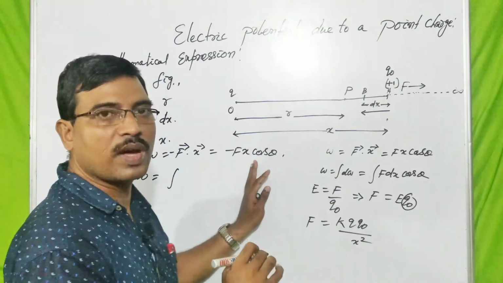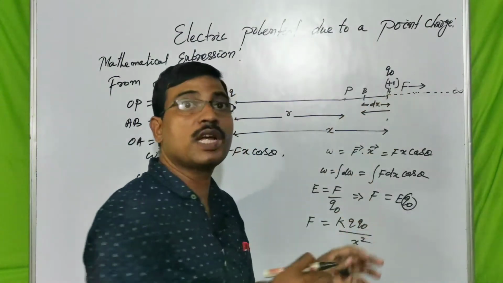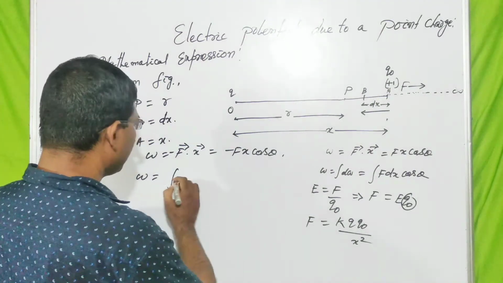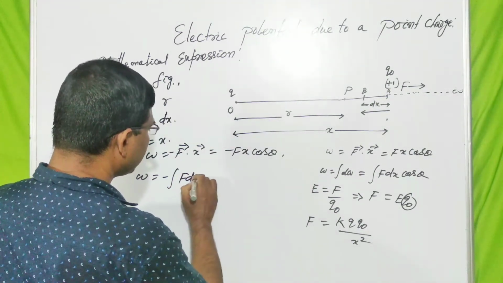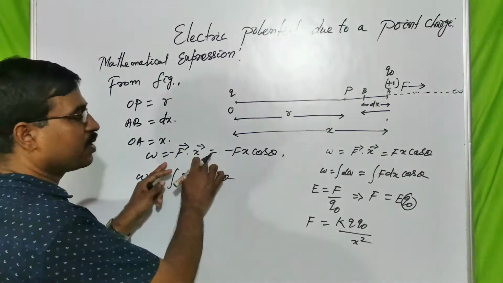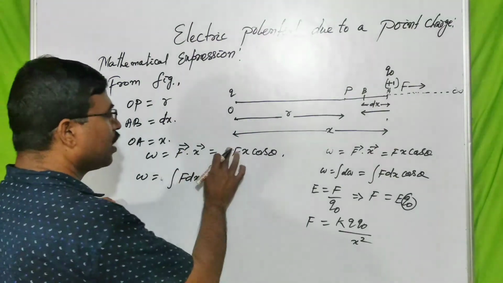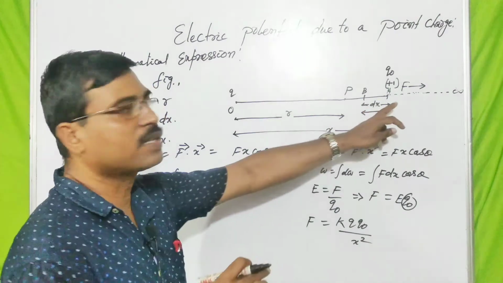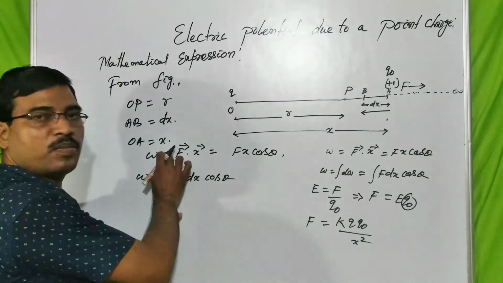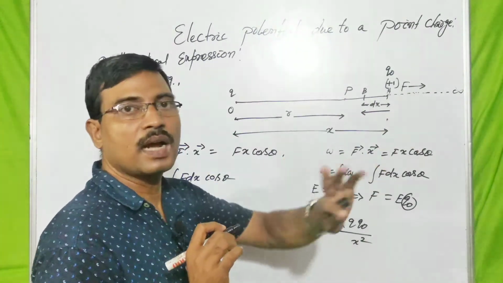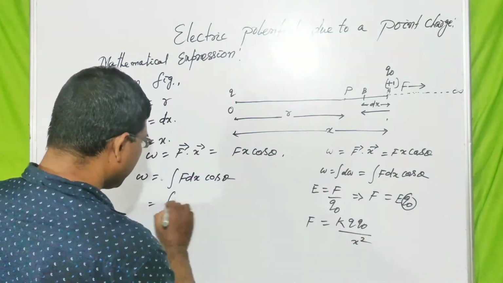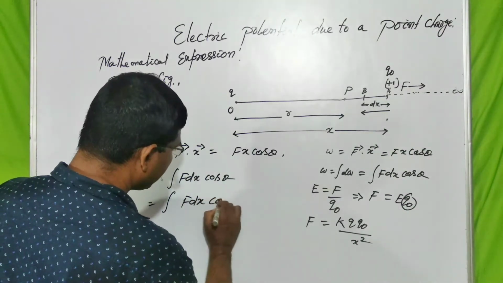Integration of, suppose this one is only between 2 points. So total work done, how can you calculate at point P? So integration of this one. So W is equal to minus F dx cos theta. Sorry, you have already written. Fx means here this one. Here theta is how much? For antiparallel vectors theta is 180 degree. So you can write this one is F dx cos 180 degree.